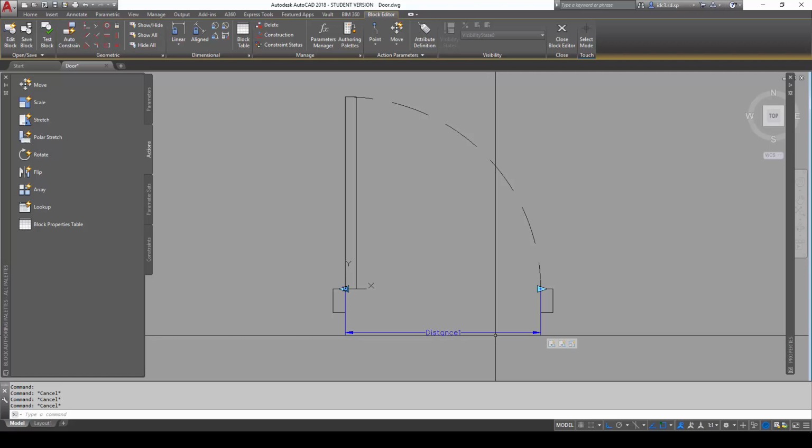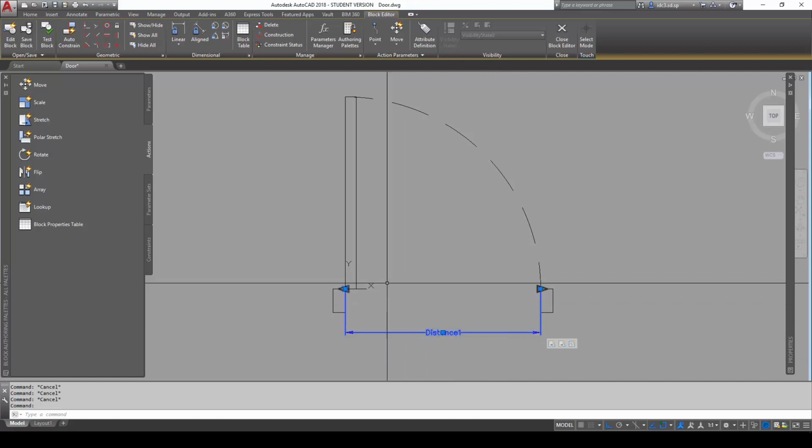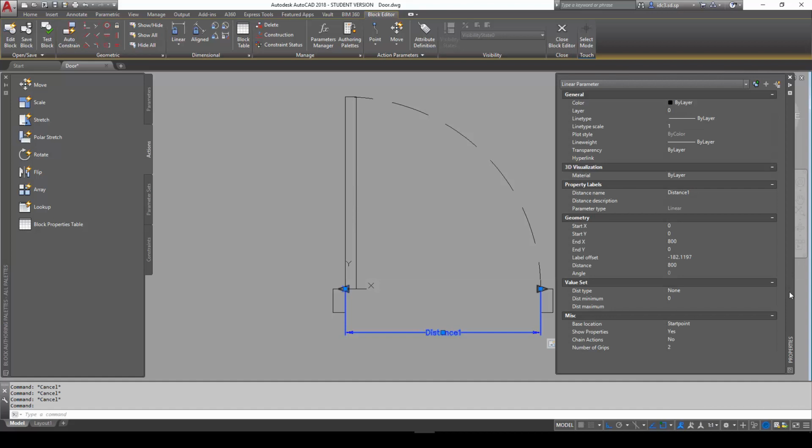We are going to select the distance, this parameter again, and go to the properties palette, and under this area down here called distance type, it is by default set to none. We are going to change that by changing it to a list. We're going to create a list of sizes down here. We can do so by clicking on